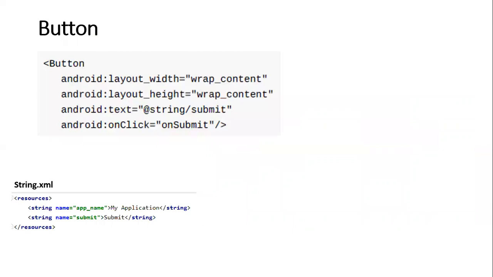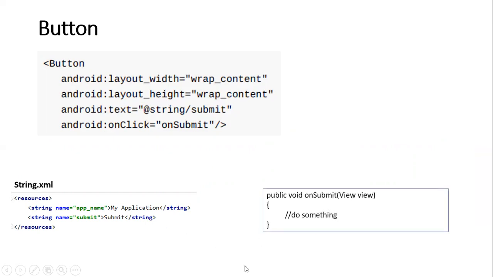And the same things go for the button. Button needs to have a width and a height. Probably you need to use wrap content. And you need to write something on top of this one. And you can write an on-click event inside your control like this. You need to add additional attributes like on submit. You need to give a unique name for your button click, so that you can establish a link between your button and the Java code. Okay, when user clicks on this button, do something here. You can do something here. Yani logic is